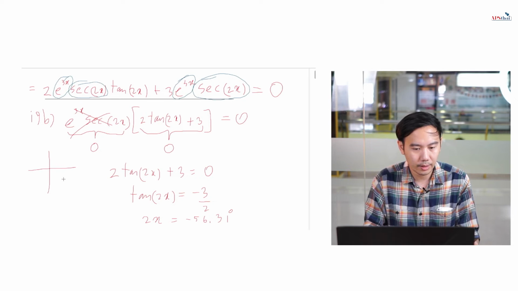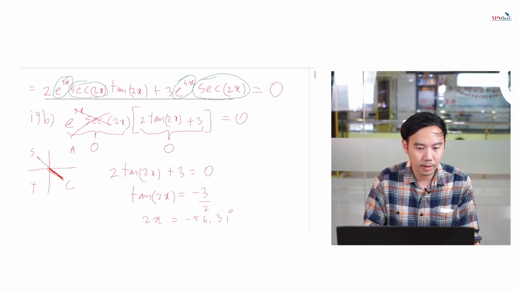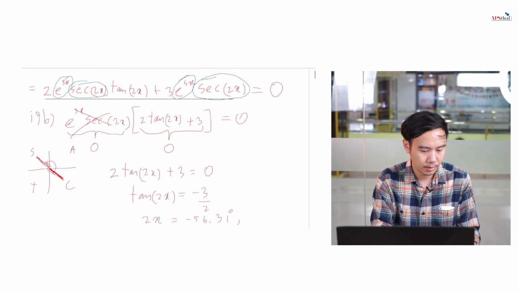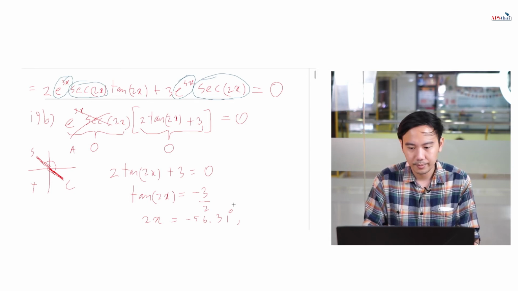People who are pretty used to the ASTC diagram will know that this lies within the 4th quadrant. So tan will not only be negative in the 4th quadrant, but also in the 2nd quadrant, which I can get by adding 180 degrees to this,